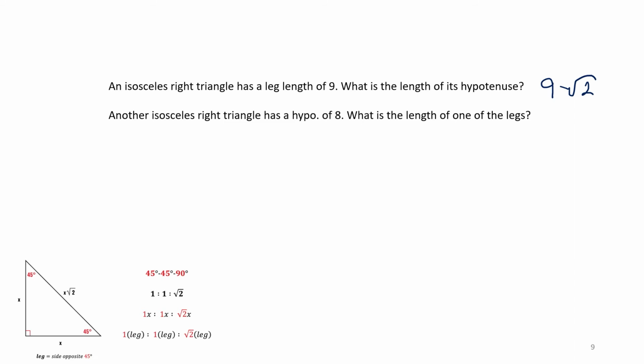Another isosceles right triangle has a hypotenuse of 8. This is more complicated. What is the length of one of its legs? So if the hypotenuse is 8, then the legs, x root 2 equals 8, right? And it's easier to consider